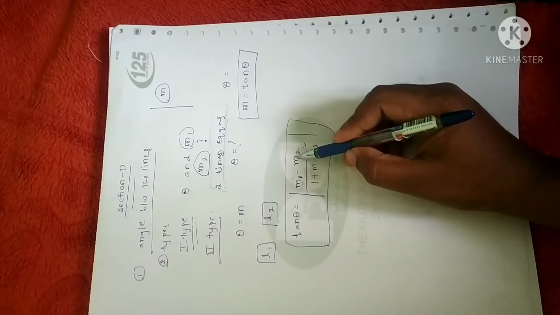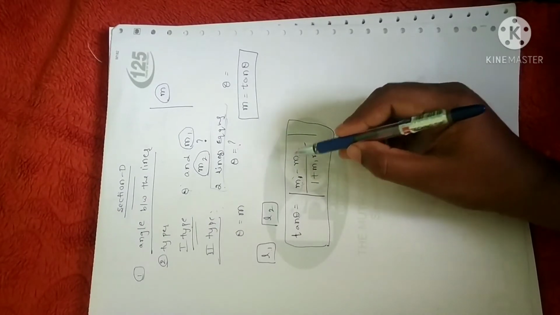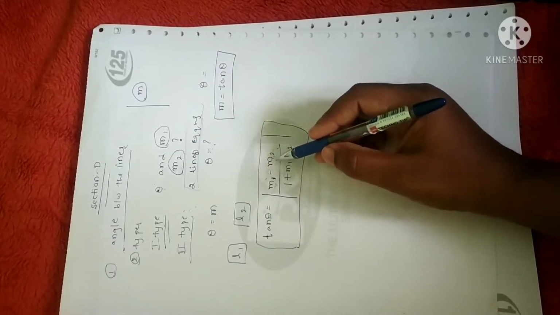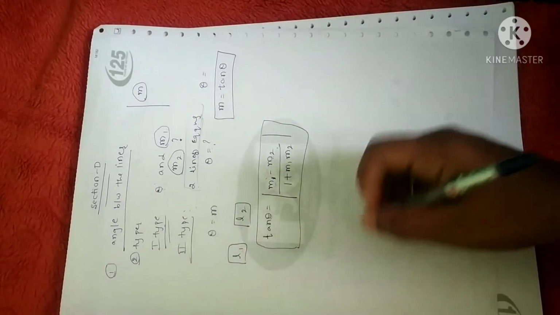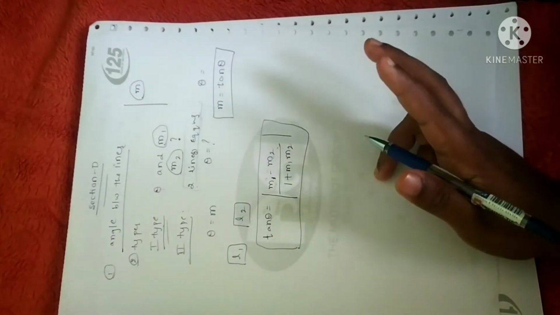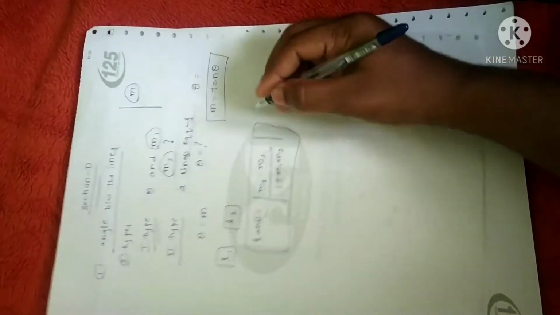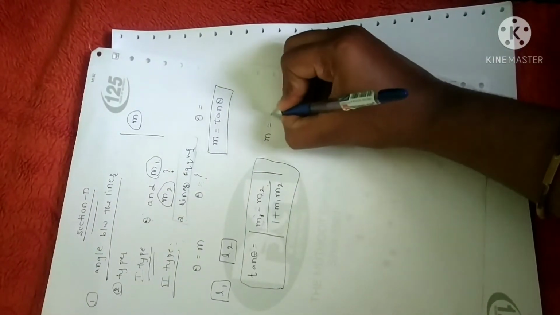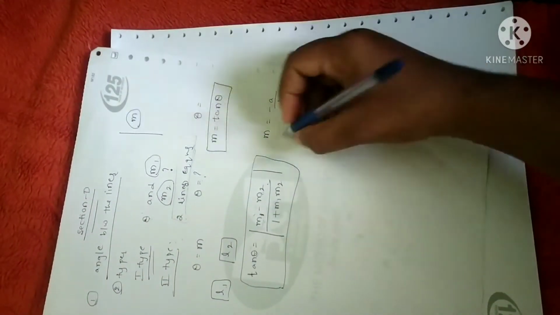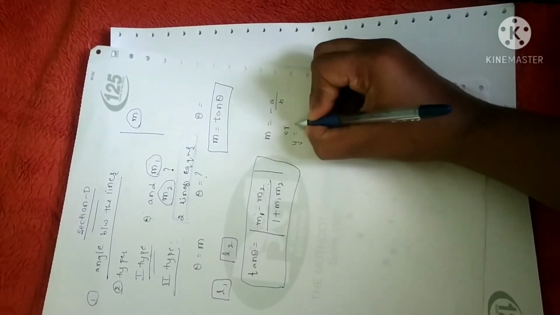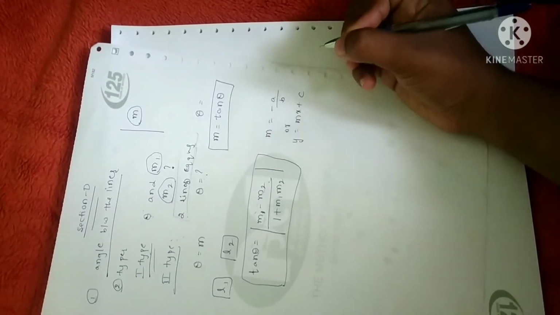In the previous class itself, I have told you clearly how you are going to find the slope of a line when the standard form is given. You have two methods to find the slope. Either you can use the formula m is equal to minus a by b, or else you can convert it into the form y is equal to mx plus c.